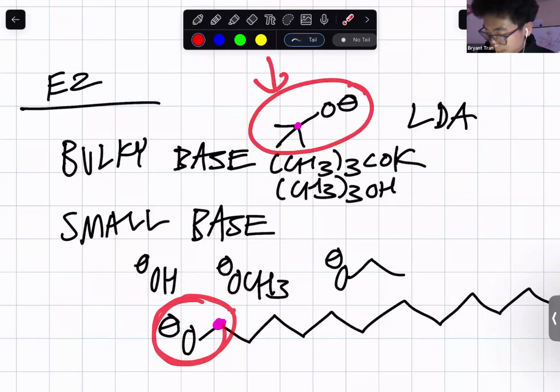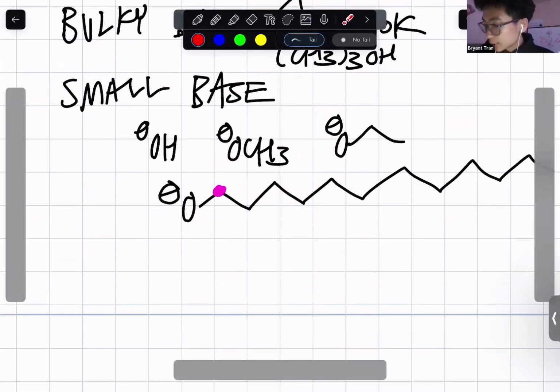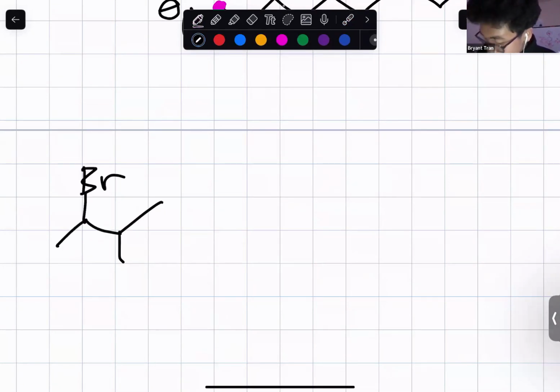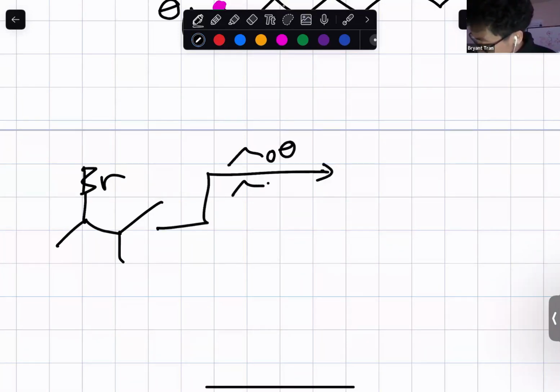This area is way more bulky because that carbon has more substituents. Okay, so now let me give you a simple haloalkane, and we're not going to worry about the anti-periplanar transition state yet. We're just going to worry about regiochemistry, on where things go. So if I give you a small base like ethoxide in ethanol versus tert-butoxide in tert-butanol,